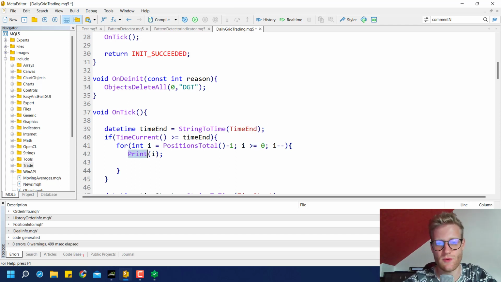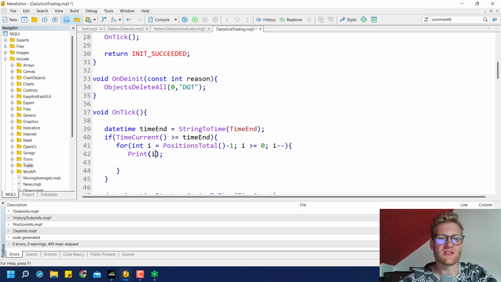So we execute again, we print 3. We subtract it by 1. We have 2, which is also greater than 0, which is true, so we print 2. We subtract it by 1. 1 is still greater than 0, we print 1. We subtract it by 1, 0. 0 is greater or equal to 0, still true, so we print 0. Then we subtract it by 1. I is now minus 1, so we will not execute the for loop again, and then the for loop is